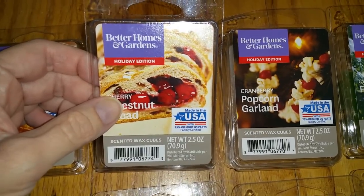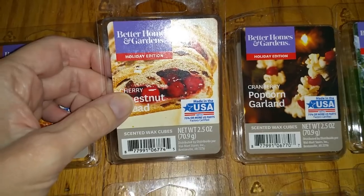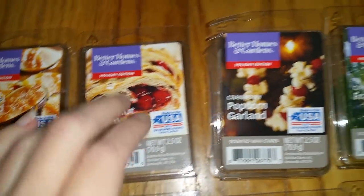And the throw was excellent. 5 out of 5. A scent monster that took over the entire house. And the scent lasted all day, at least 8 hours before I removed it. So, cherry chestnut bread, fantastic. Cranberry popcorn